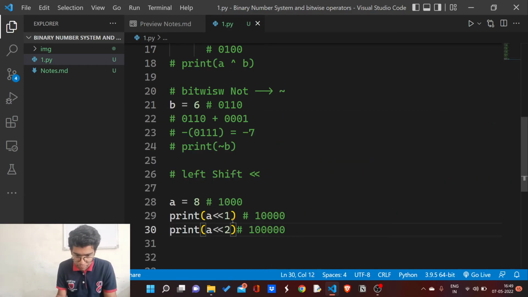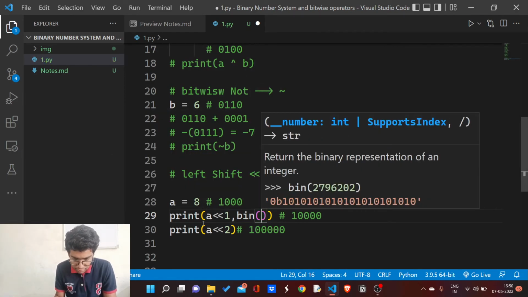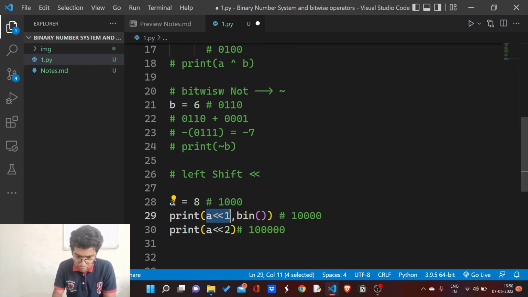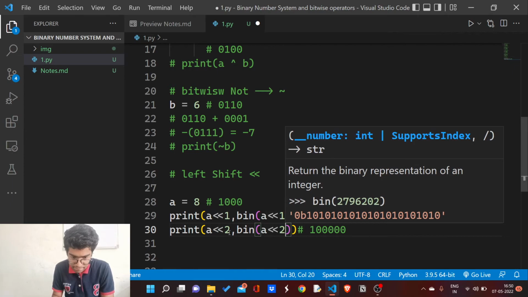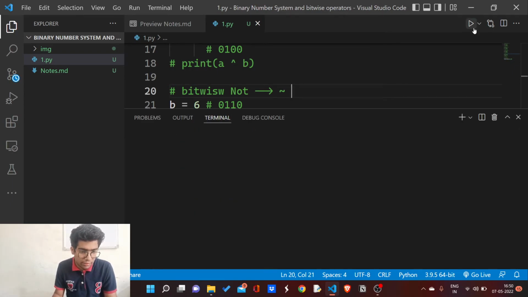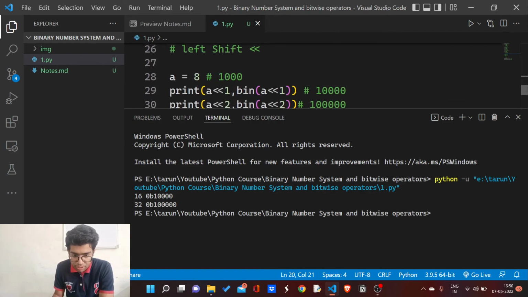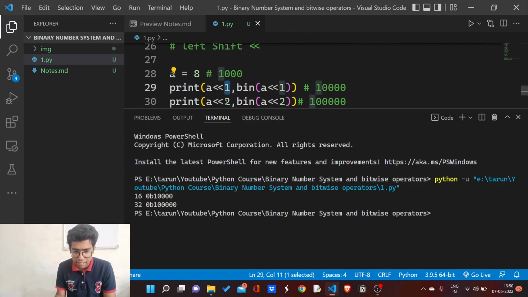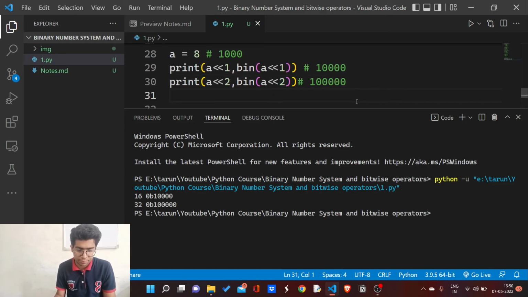I can print both in binary form also to give you a better understanding of how bits get shifted, and vacant places always get filled with zeros. Now you can see this will result in the same representation I drew, like each bit got shifted left as many times as I mentioned, one time and two times, and you can choose any number. Okay,